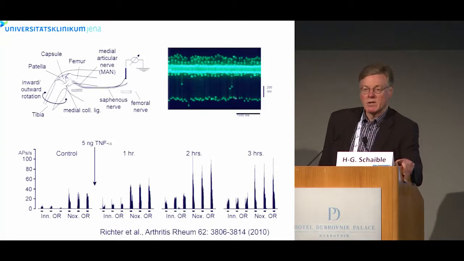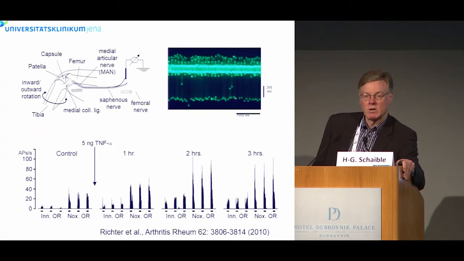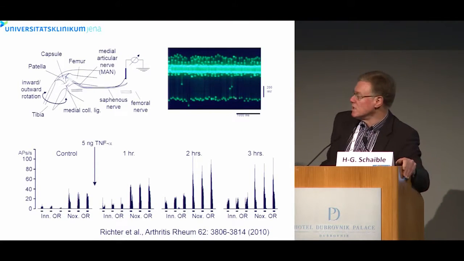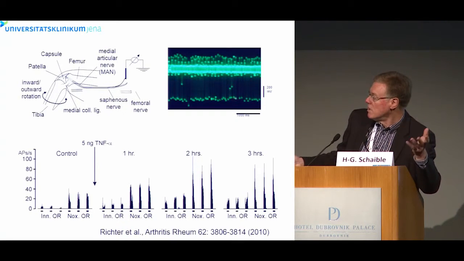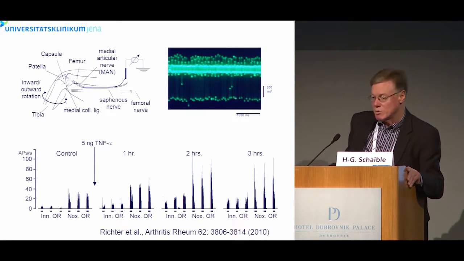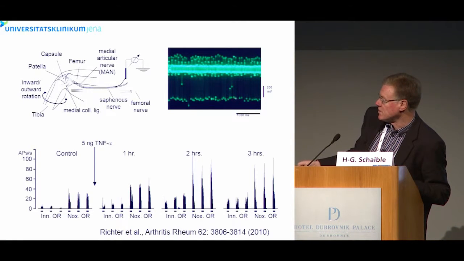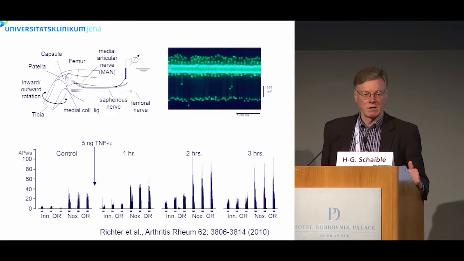And why we like this cytokine so much is shown in this slide. This is a recording from a C fiber in a joint, in a normal joint. You see here the nerve fiber recordings, action potential in one fiber. And then we can stimulate this joint by rotation. And we have here the response to the rotation. We have a very small response to innocuous rotation, and then we have a strong response to noxious rotation. When we inject, just in a normal joint in an anesthetized rat, TNF-alpha,